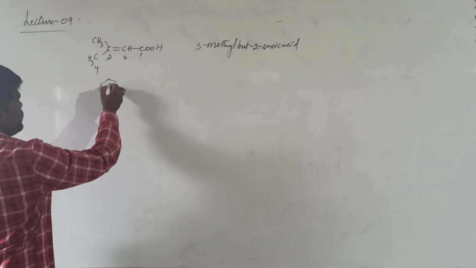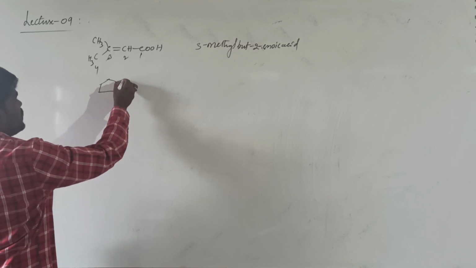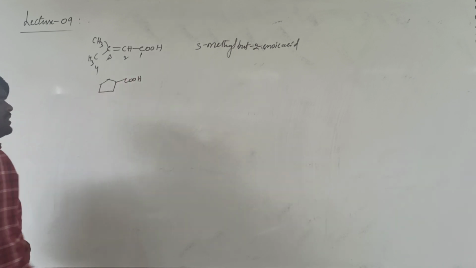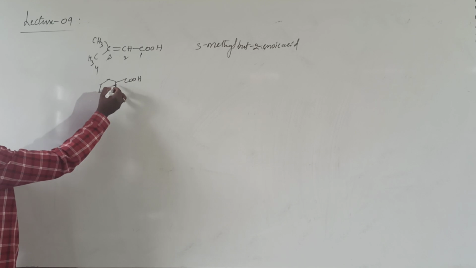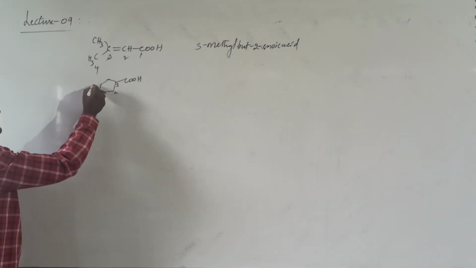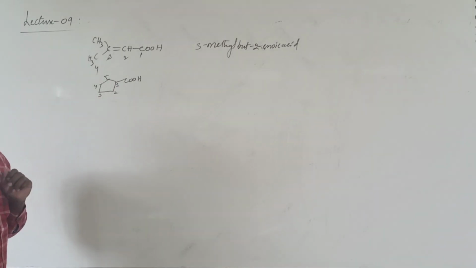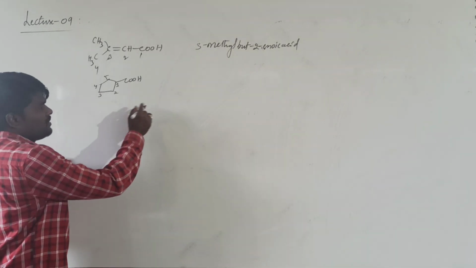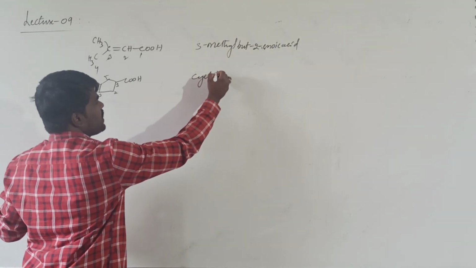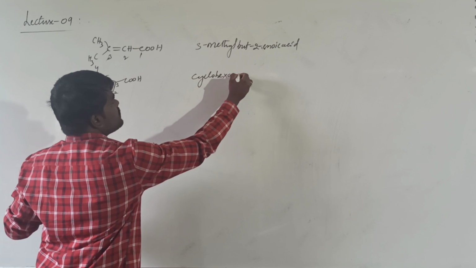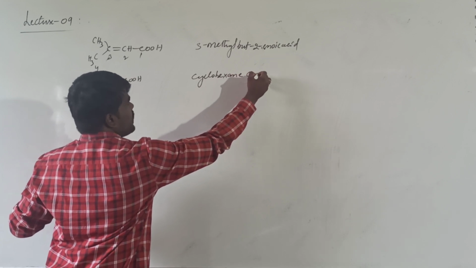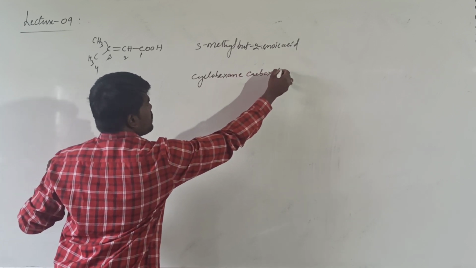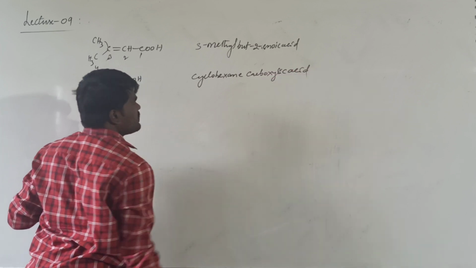And if you go for the example that I give, now if you see in this compound, this carbon is not considered in the parent chain. 1, 2, 3, 4, 5. In such cases, okay, this has to be named as carboxylic acid. Cyclohexane E should be retained, and it is called carboxylic acid. Carboxylic acid we call it as.